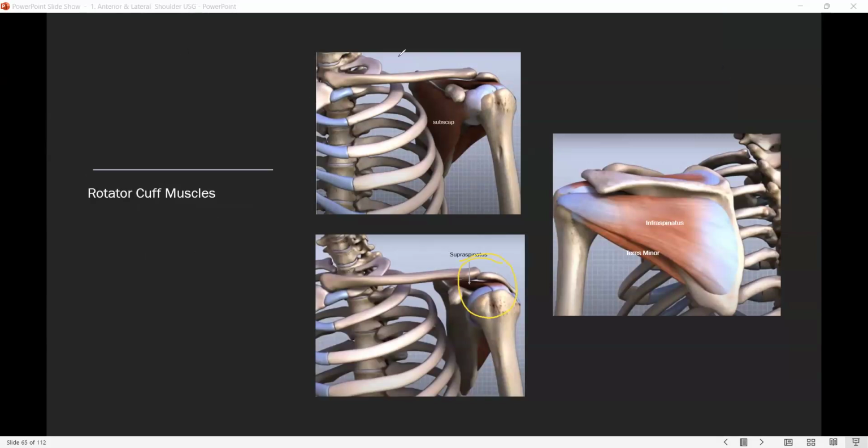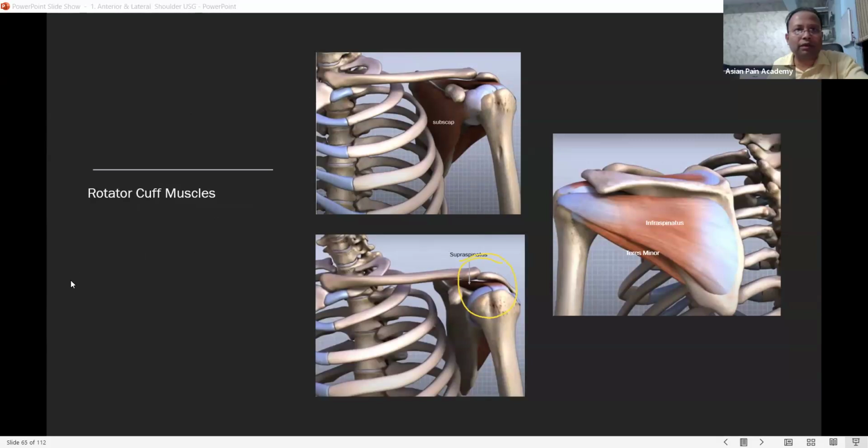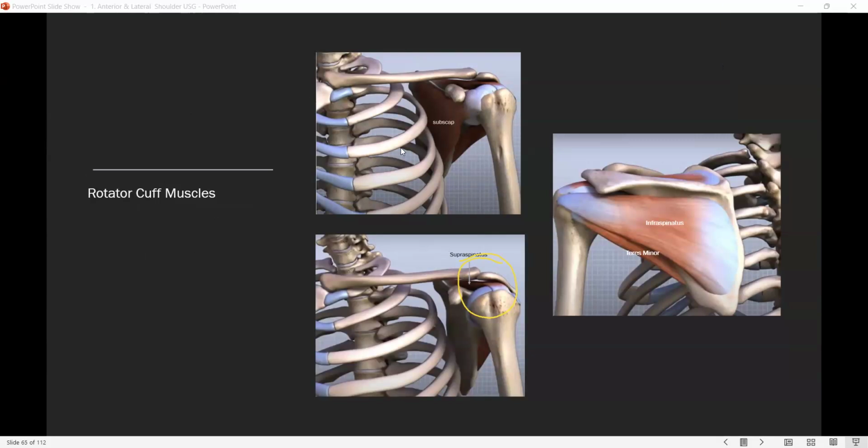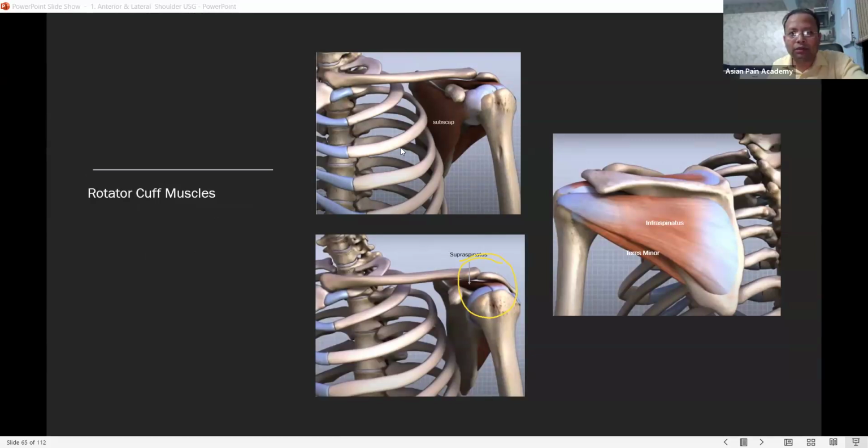Somebody is talking, please mute yourself, Dr. Ravinder Thakur. Okay, I muted. Anyway,